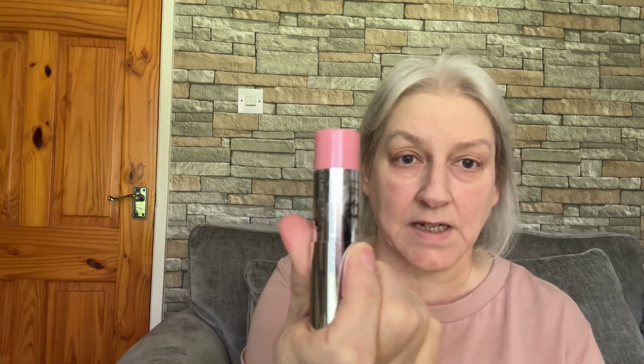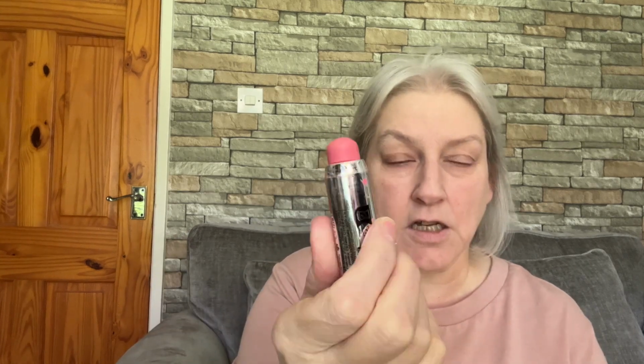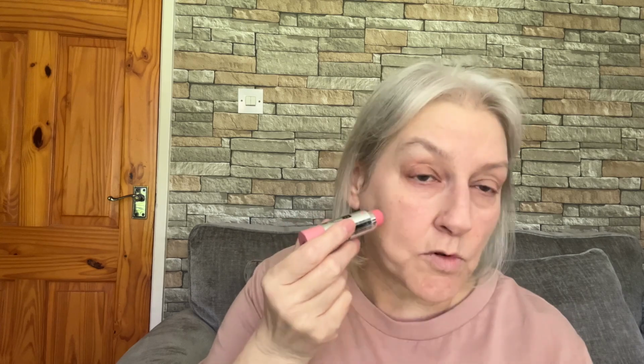The next thing I'm going to put on is this blush. It is a Primark cream blush, weightless cream blush it says, with vitamin E. I can't see a colour on it, but that is the colour, and it is like a big stick creamy blusher. So I'm going to just put a dot on there and a dot on there. I'm not going to leave it like that. I'm going to blend it in